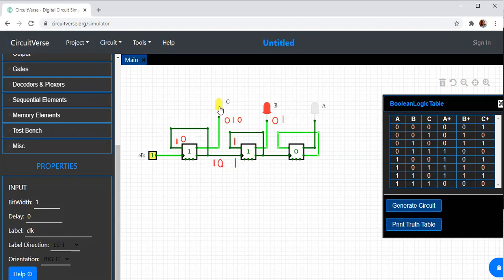If this is 1, if LED is glowing means this is 1, this value will be 0. This is 0. 0 means no change. So if Q is 0 means no change, that means this will be retained at 1. If this is 1, definitely we know that this is 0. 0 means no change, so this is 0. Previous also will be having zeros like that.